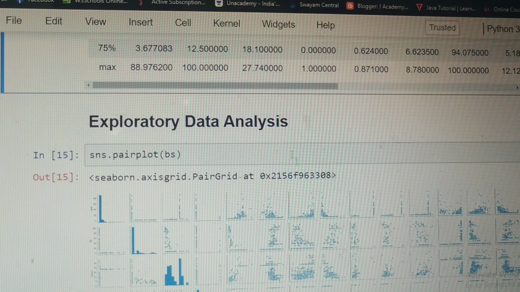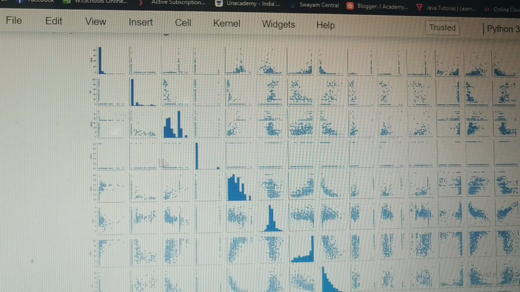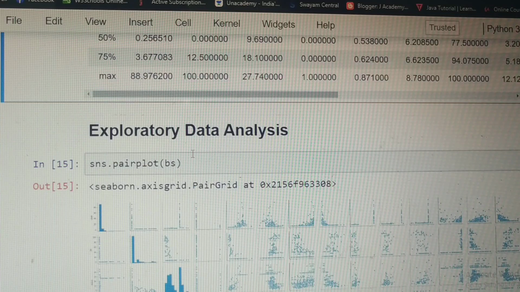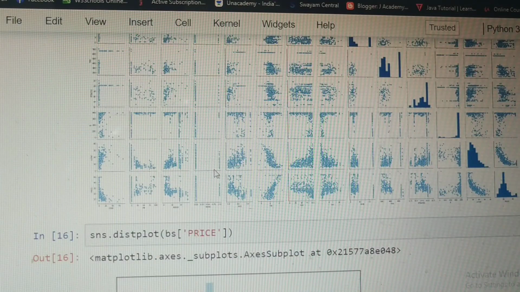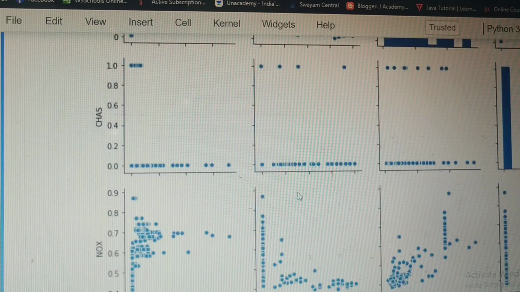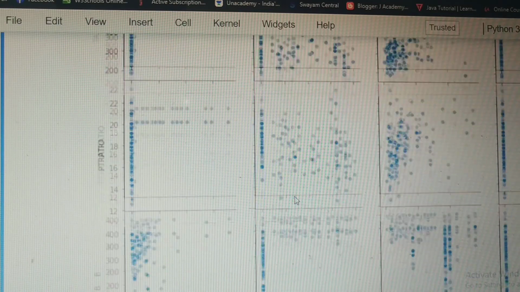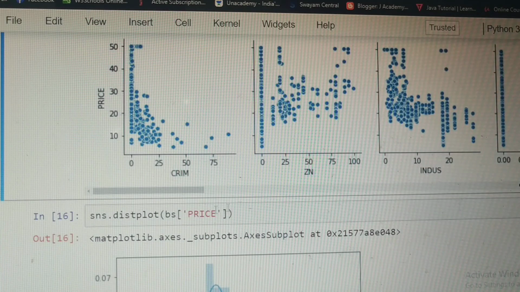So we'll do some exploratory data analysis on the dataset because we need to get our hands dirty in the dataset. So we are going to use a pair plot where all the features are going to be mapped with all the other features. So this is going to be very messy out here. What we can do, since we are mainly concerned with the price, is double click on this and go directly to the price and check which features are going to directly or indirectly affect your price.